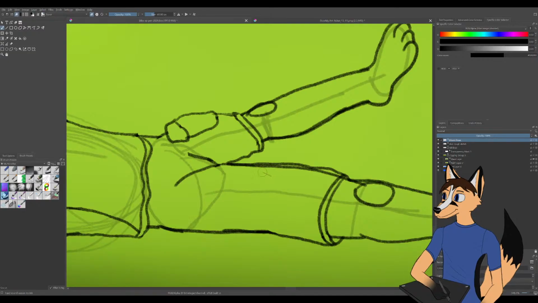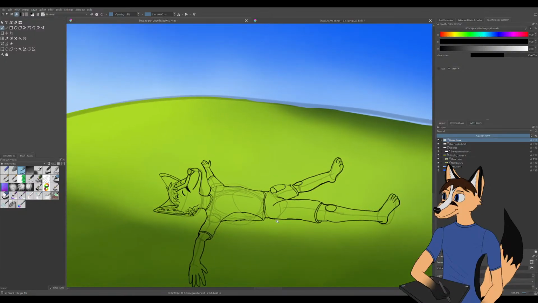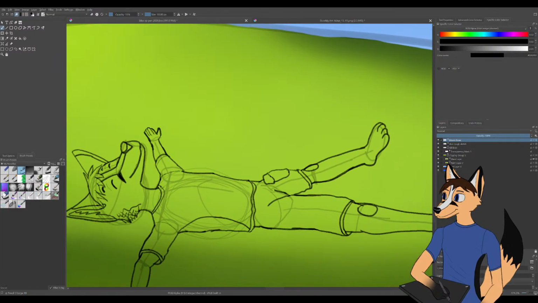And honestly, I don't think I'm doing very well with the clothing here, but that's something I can refine next time I work on this, I'm sure, when I'm a little fresher and didn't spend the last hour and a half, well, 2 hours almost now, working on other artwork and stuff. But when I have more energy, I'll definitely revisit his clothes.